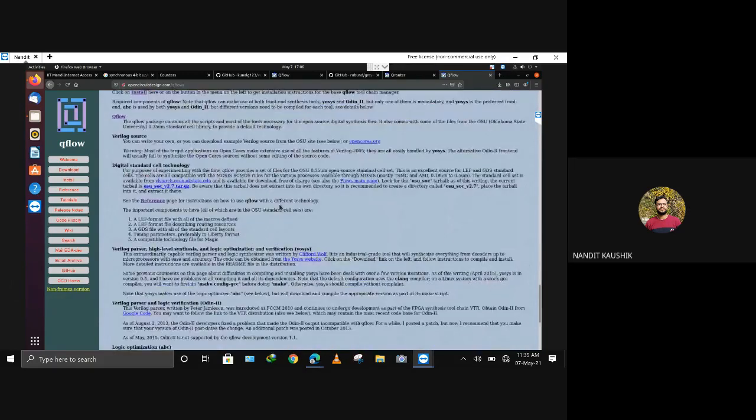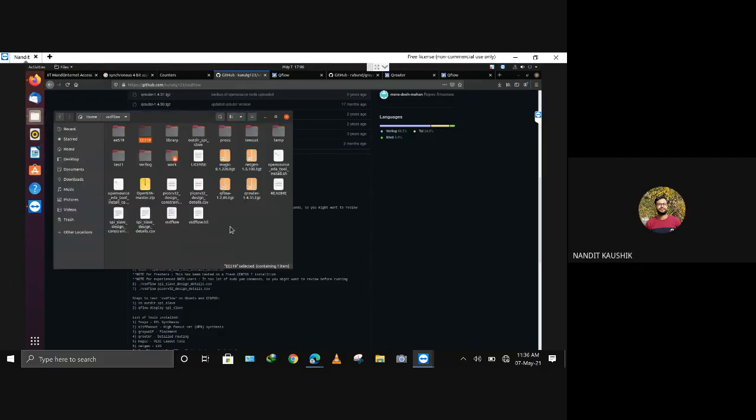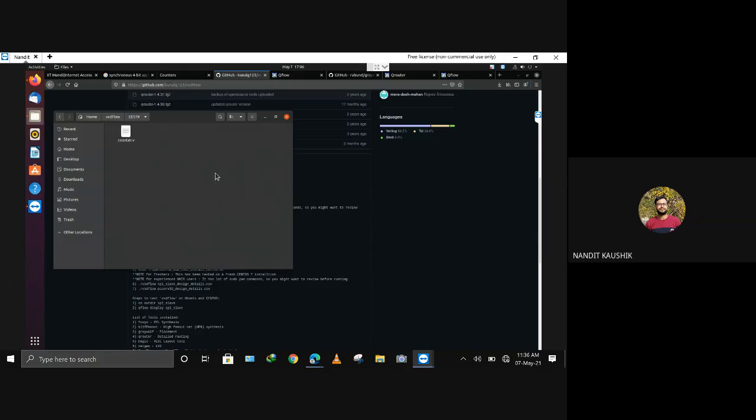So once you install this Qflow, which can be done with the help of these steps, all the tools would be successfully installed, and then you will be able to use this Qflow. So I assume that after installation, these tools are successfully installed, and let us start using these tools. The important thing is that first of all, go into this folder VSD flow, and you have to first create a directory. So I have created directory E159. In this, you have to import your Verilog code.